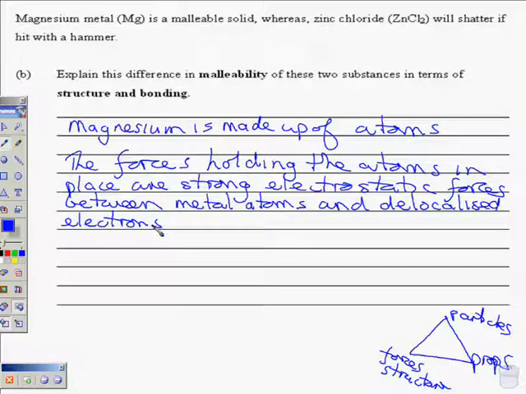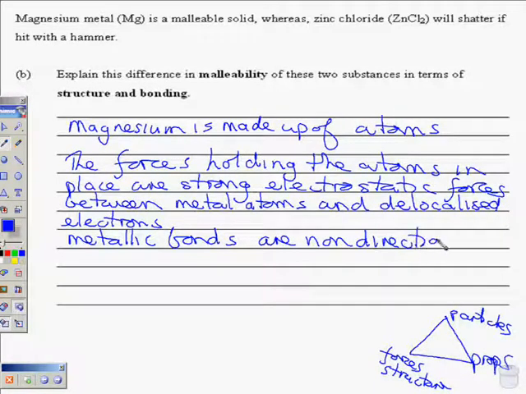They're free to move. So what's the phrase that we use to describe that situation about those bonds? We talk about them being, sorry? Free, not free roaming. Non-directional, thank you very much, we've got it. We've used the term before. Inspirational. Now remember that. That's one of the bits of information you just file away inside your brain and don't forget it because you might need it. Metallic bonds are non-directional.